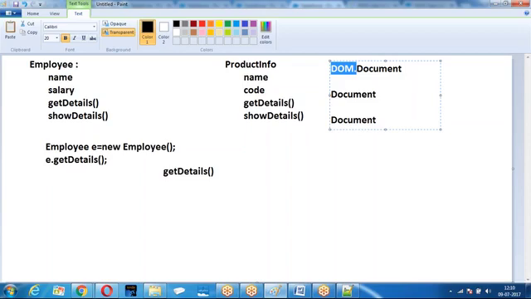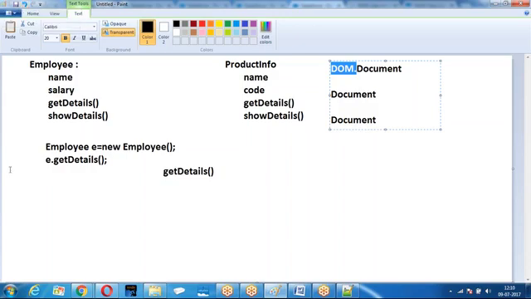According to you, document means what? Is it an XML document or are you referring to the S object document? There is a conflict. To avoid this, they give a namespace called DOM. Now when we say DOM.document, it is the document class from the DOM namespace. So what is the purpose of this namespace? To remove the conflict. If you want to remove the conflict, people are using the namespace.